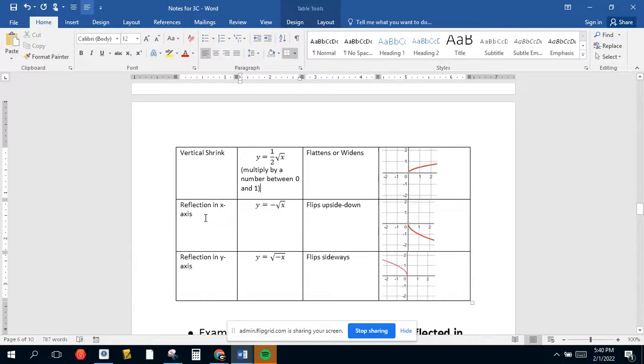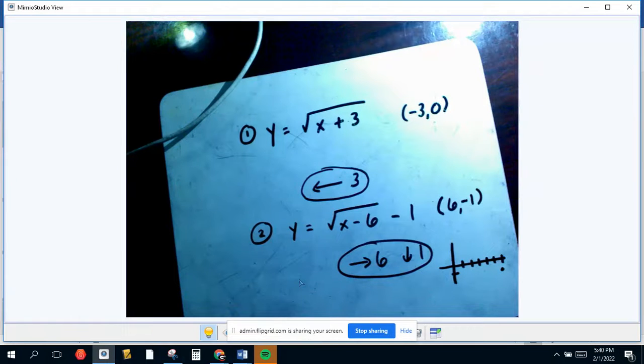It's what we call reflection of the x-axis. If you put a negative on the inside, it's going to flip it backwards or flip it sideways. We call that a reflection in the y-axis. All right, so looking at some examples there,